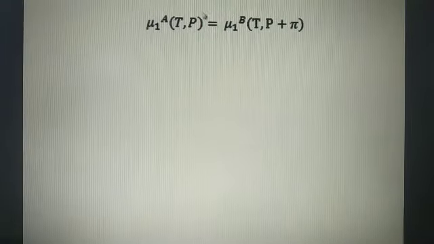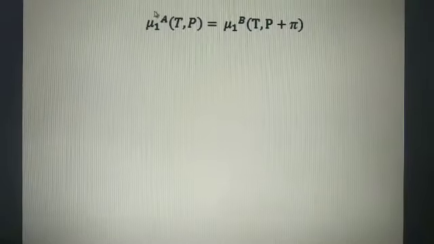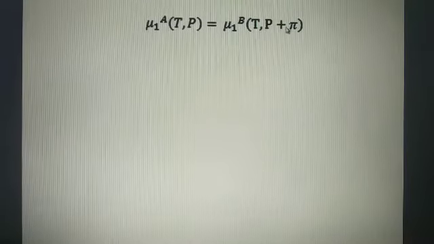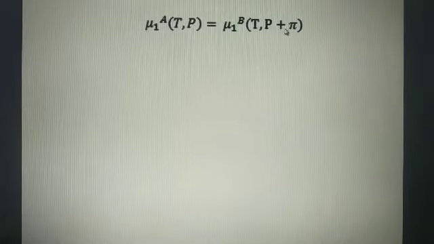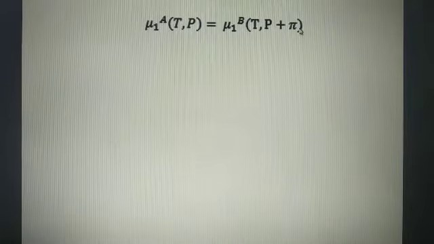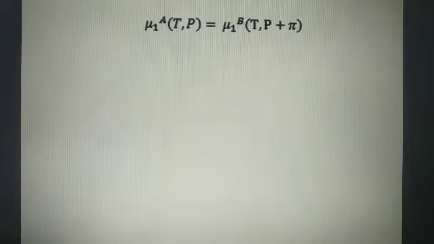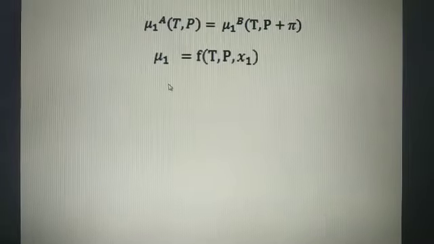Why? How have I written this? This is the chemical potential of one side, the solvent side. That is the chemical potential of the solution side. Excess pressure we have to apply on the solution side, so it needs a little more pressure: P plus pi. Pi here is the osmotic pressure. This happens after osmosis, not before osmosis. Before osmosis it is greater than.